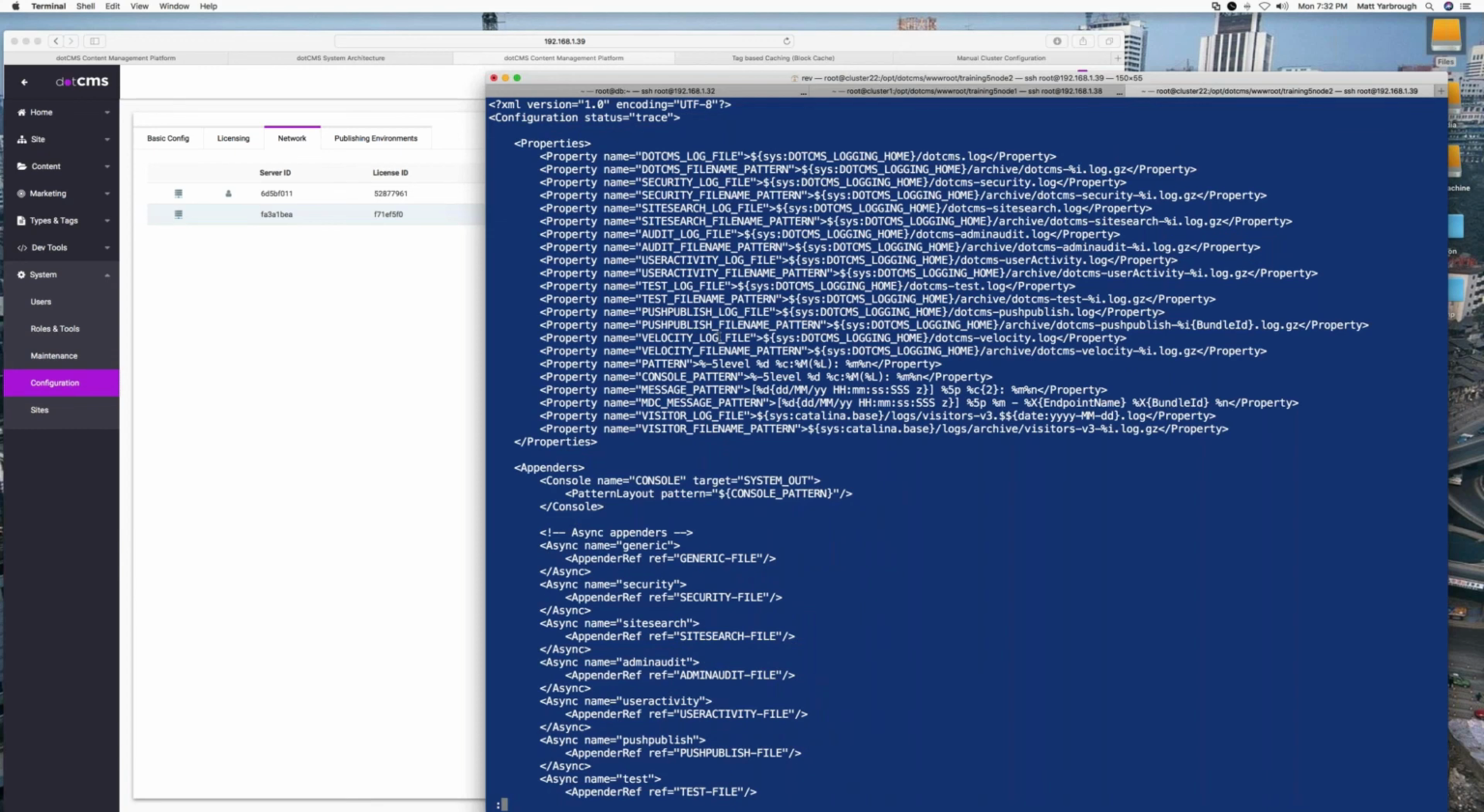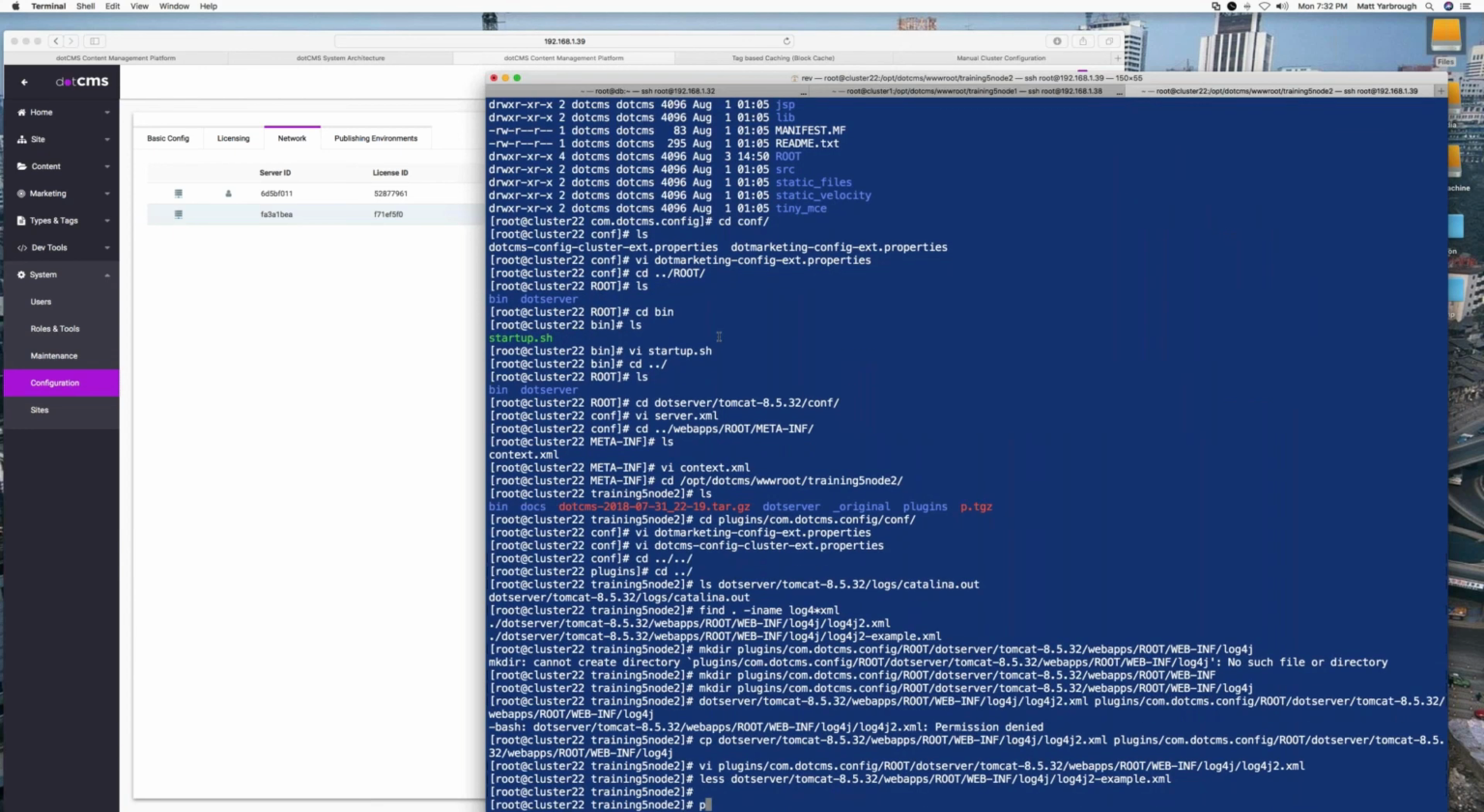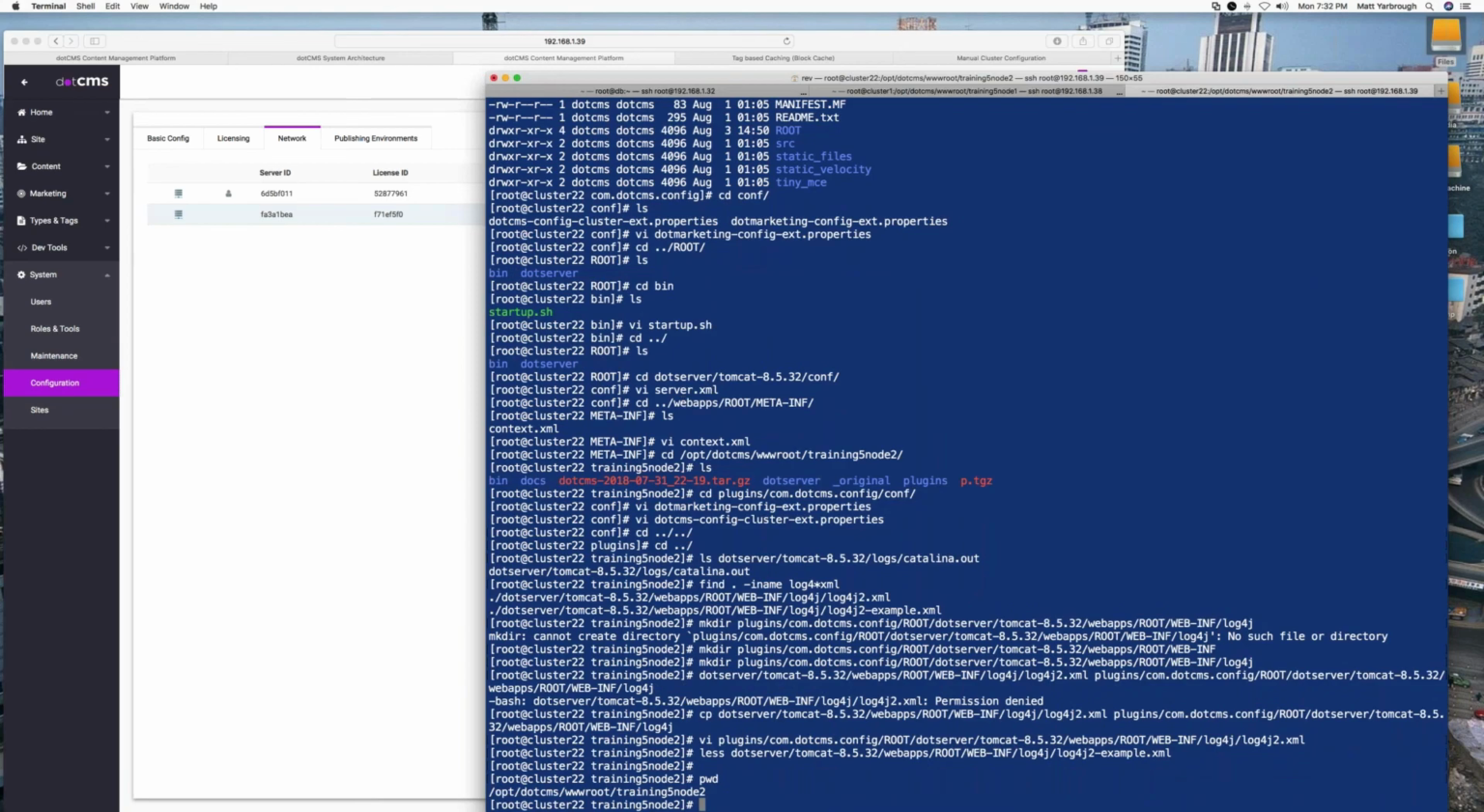Once you've made those changes, once you've made any changes to your configuration, really, and we'll talk about what's that? So that is